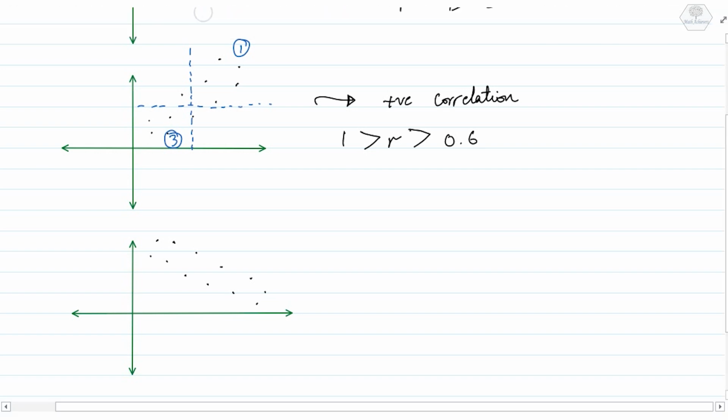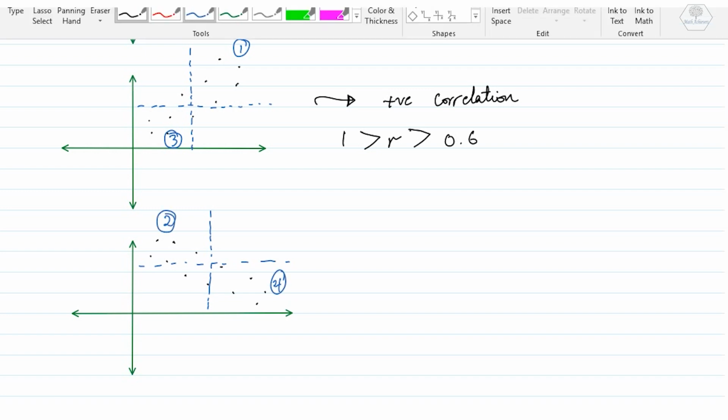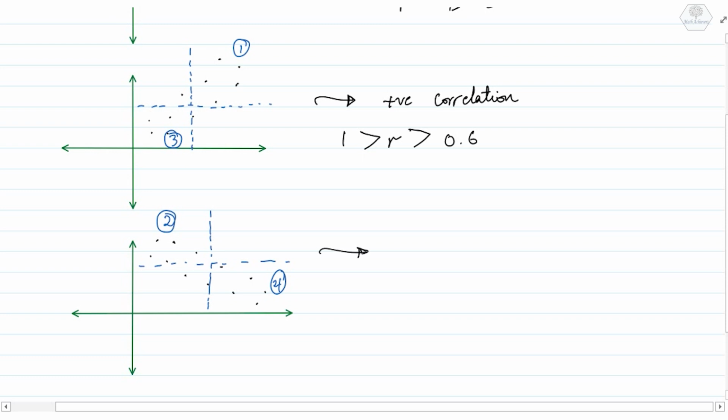If I draw my quadrants, we'll find that most of the points lie in the second and the fourth quadrant, which means I'm having a negative correlation. Negative correlation means as the value of x increases, the value of y decreases. So the value